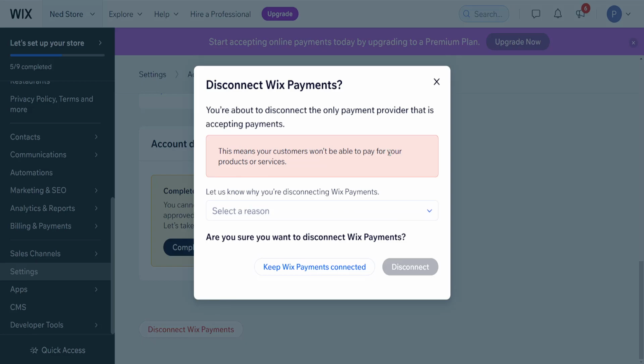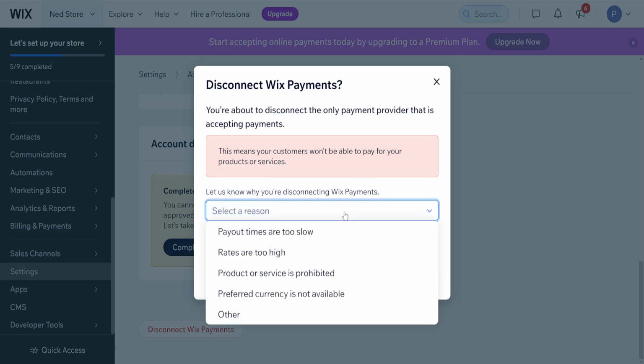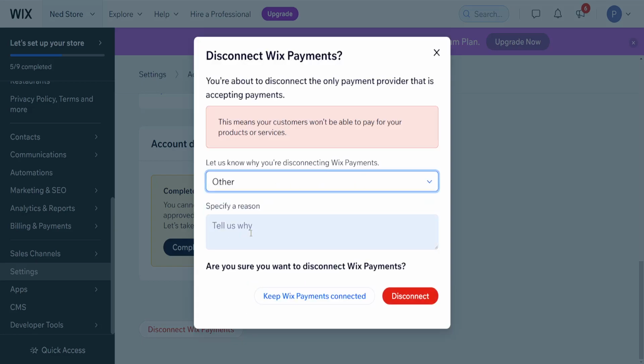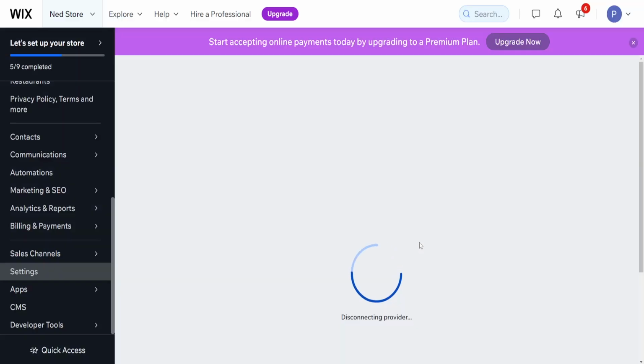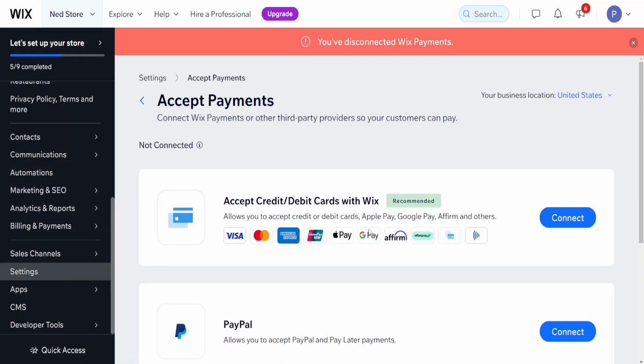It means that your customers won't be able to pay, and we need to select a reason. We will do other, and you can also explain why. But if you want to disconnect the payment methods, you will simply click on here to disconnect, and this will completely disconnect all of your payment methods